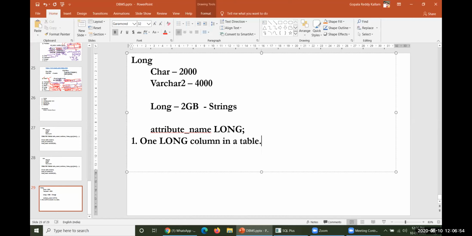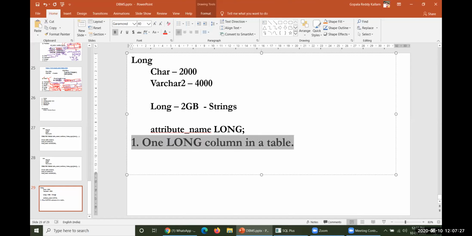If you define a table with some structure, that structure might have several columns, such as student ID, student name, course join, address, or many others. Out of all those columns, only one column can have the long data type. If you define more than one long data type, it is not allowed. That is the first and foremost restriction when we talk about the long data type in SQL.